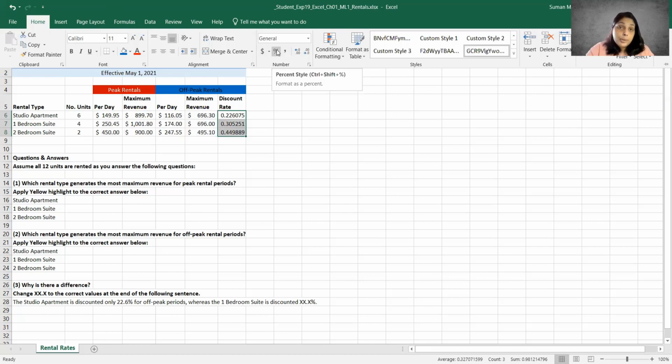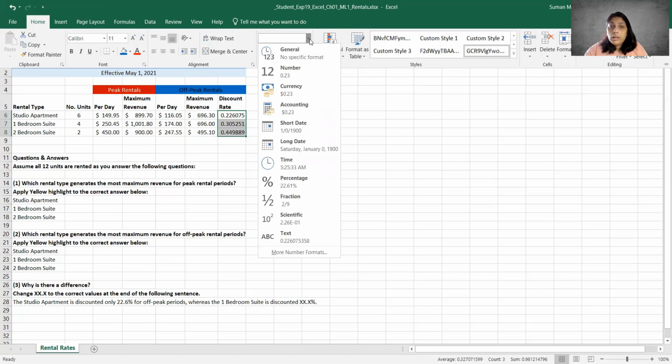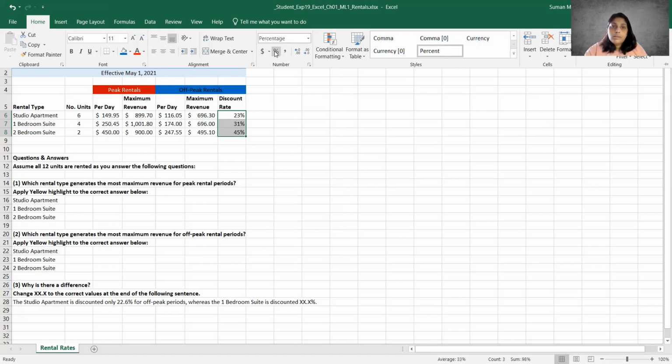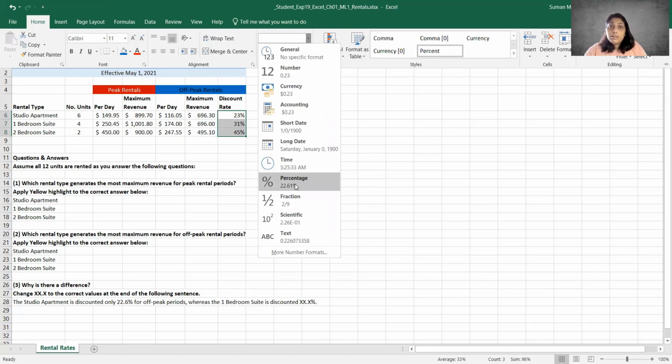Now, when you click on the percentage icon, it rounds the number up to the nearest whole number. So there won't be any decimal places here. So you'll have to choose that over here. Same as if I went here and I chose percentage. This one will actually give me the decimal places. Let me show you the difference. If I click this, it does the whole number. If I click this, it gives me 2 decimal places. But we've been asked for 1 decimal place.